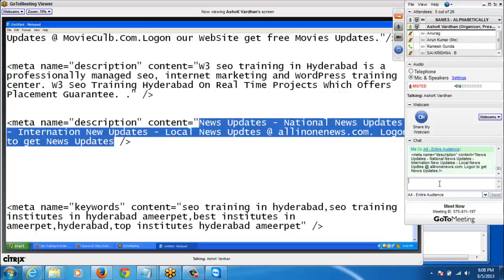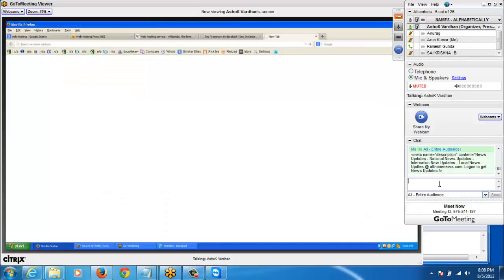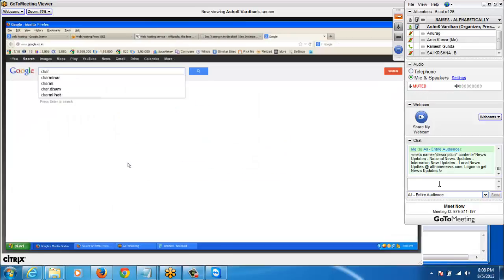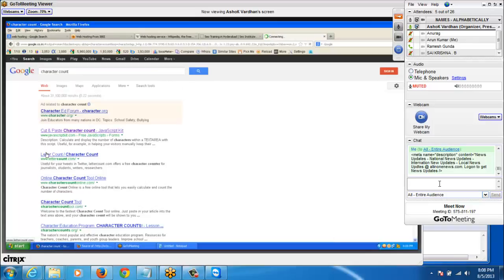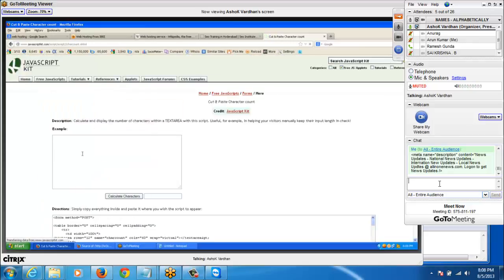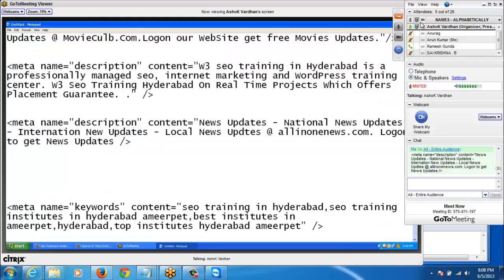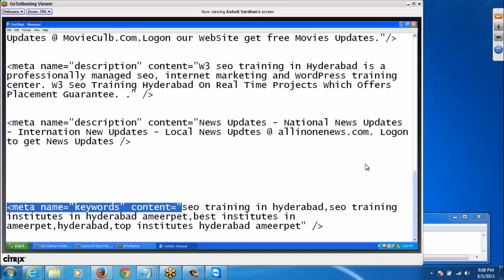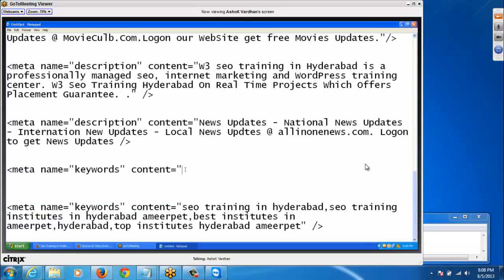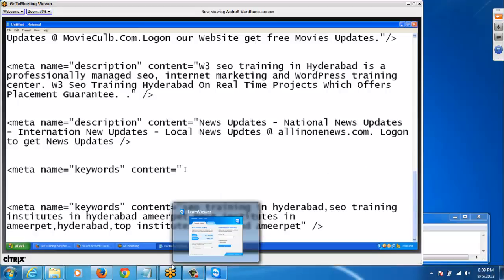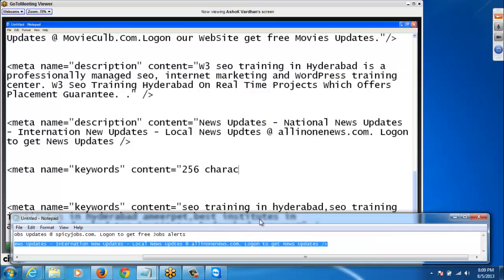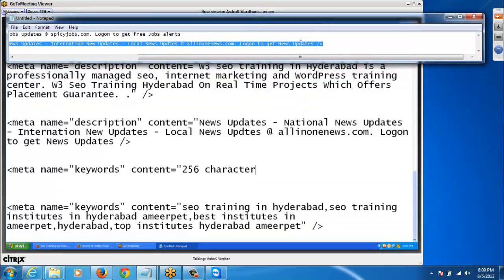Can you check these characters? It's fine. Good. And next one is keywords. Here, the syntax is the same. Keywords, content, all keywords only